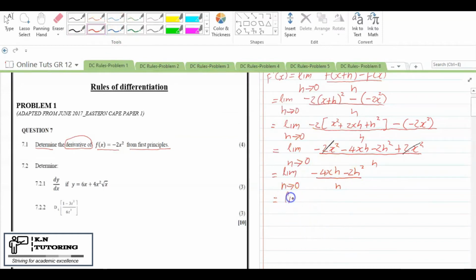So I'll have limit as h approaches 0, going to take h as a common factor. I'll be left with minus 4x minus 2h divided by h. Now this h at the top will cancel h at the bottom. Then I'll be left with limit as h approaches 0,